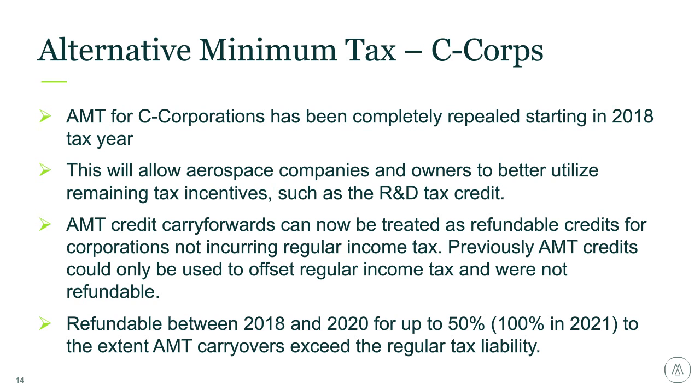Another related benefit here is that AMT credit carryforwards going into 2018 tax years are now refundable. Previously AMT credits could only be used to offset regular tax, but they made an exception to that. Now any company that has AMT credits but is in a taxable loss can cash in on those credits and get them as a refund. There is a limitation of 50% for 2018 through 2020, and then it becomes 100% in 2021.